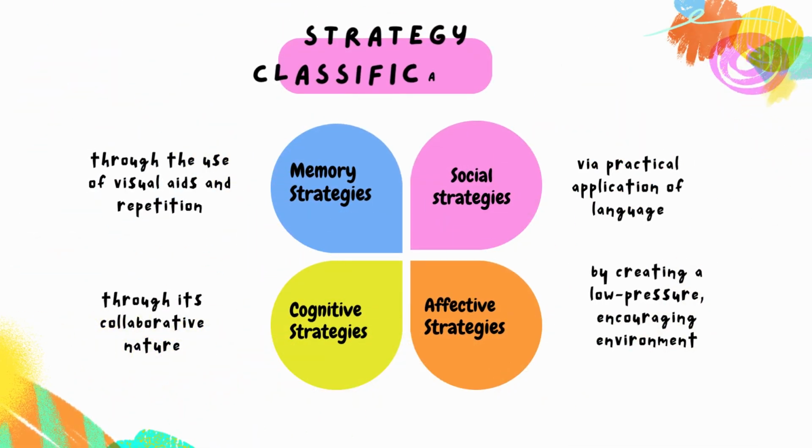The strategy classifications for team relay activities are, first, memory strategies through the use of visual aids and repetition, which are creating mental linkages and applying images and sounds, where pupils use picture cards and drawing to remember job titles and review well. Second, cognitive strategies through its collaborative nature, which are practicing, receiving and sending messages like reading cards, writing sentences, analyzing and reasoning, and creating structure for input and output. The third is social strategies with practical application of language. And the fourth one is affective strategies